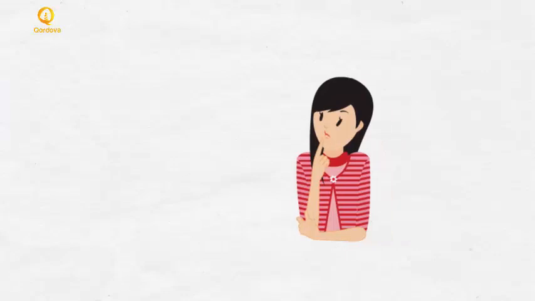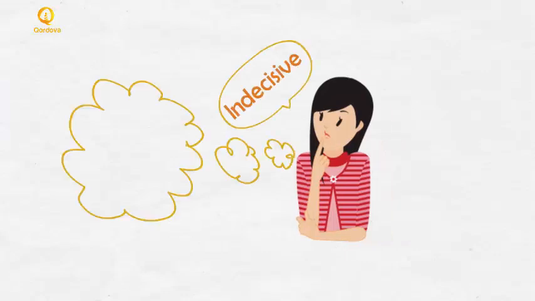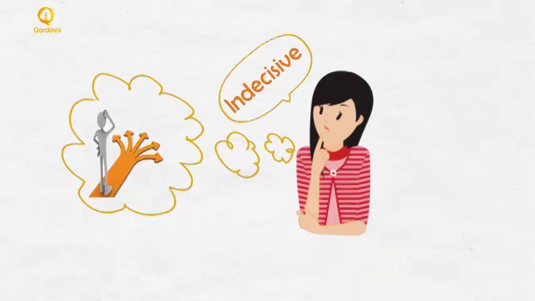Today, I'll tell you about one of the problems I have. I'm an indecisive person, which means I can't decide or make up my mind easily. And since you're my friends, you have to help me today, because I need to buy some stuff from the supermarket and I can't decide alone.